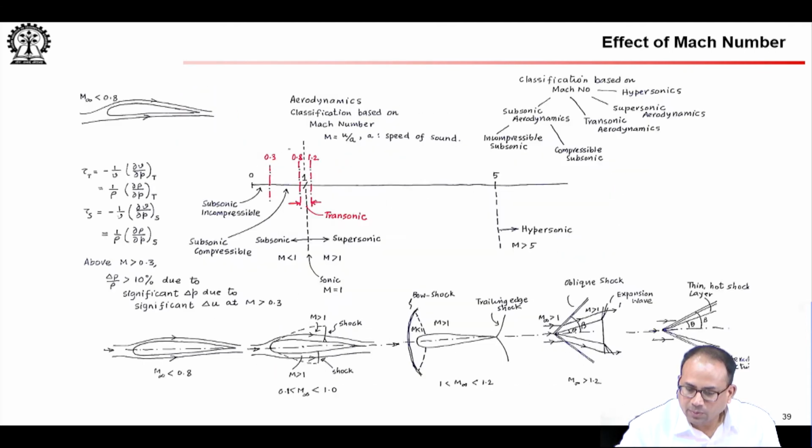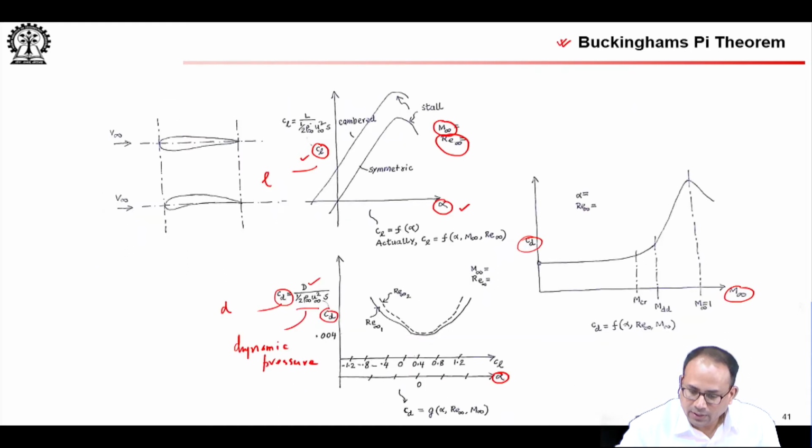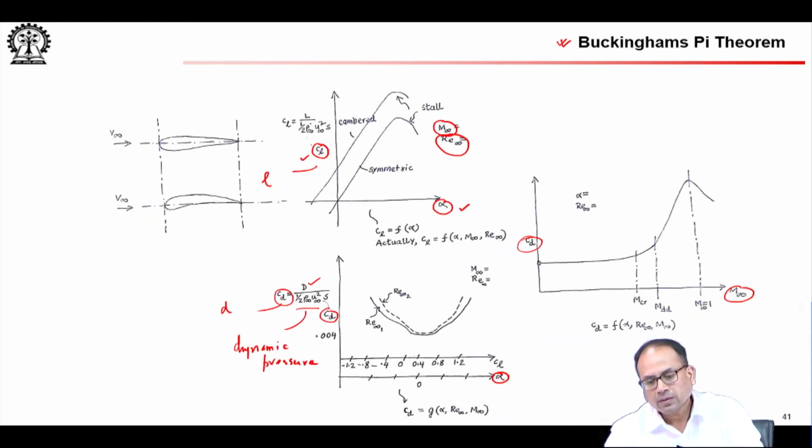I am talking about the purpose of sweeping back the wing. Okay, look at this one. So, C d is the drag on the airfoil given by this expression, drag divided by half rho infinity square u square s. In incompressible flow, sometimes we do not give the subscript infinity because rho is constant.